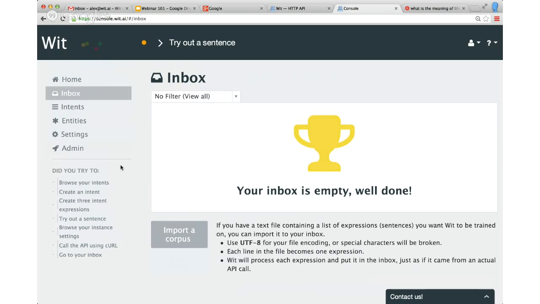So I see two phases when you create your virtual agent. First phase, you work with a try-out sentence field. And once you reach something that beta users or friends can start to use, integrate the API, and then use the inbox to build things from actual usage, which is much better. And you'll discover things that you never, trust me, that you never expected.